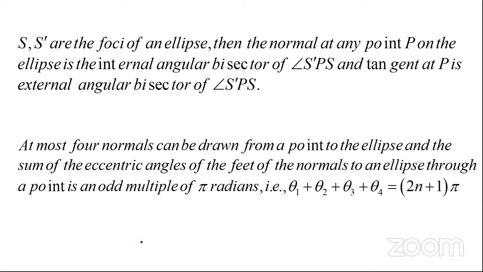At most four normals can be drawn from a point to the ellipse, and the sum of the eccentric angles of the feet of the normals to an ellipse through a point is an odd multiple of pi radians. That is, theta 1 plus theta 2 plus theta 3 plus theta 4 equals (2n plus 1) pi. So that is an odd multiple. In the previous one, it was 2n pi only. Okay. Next,